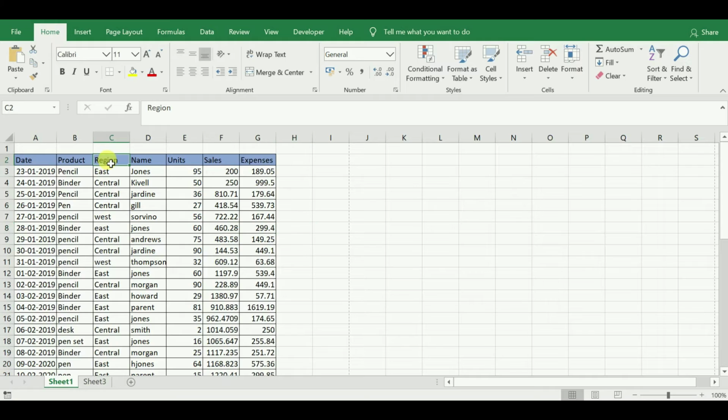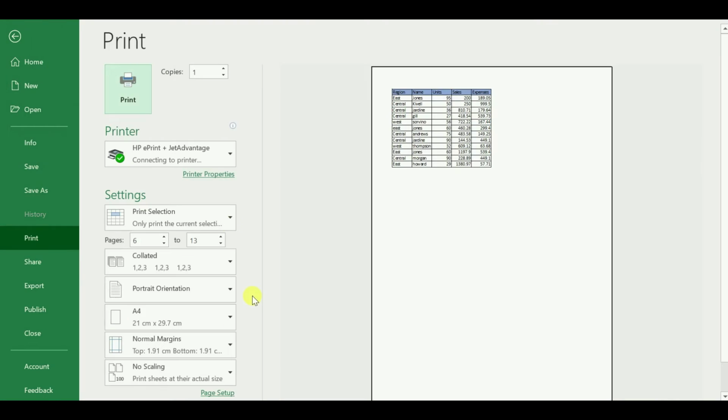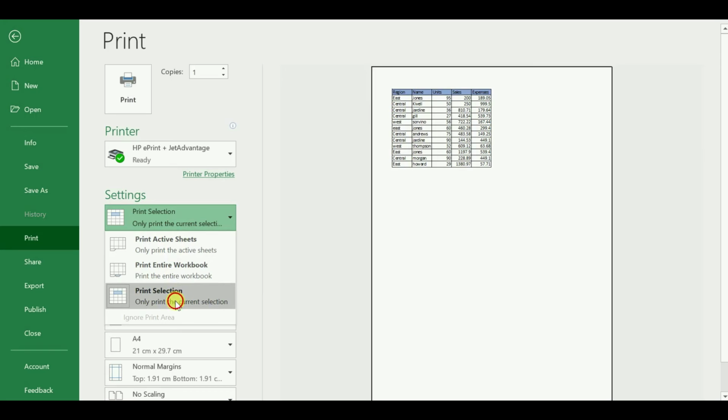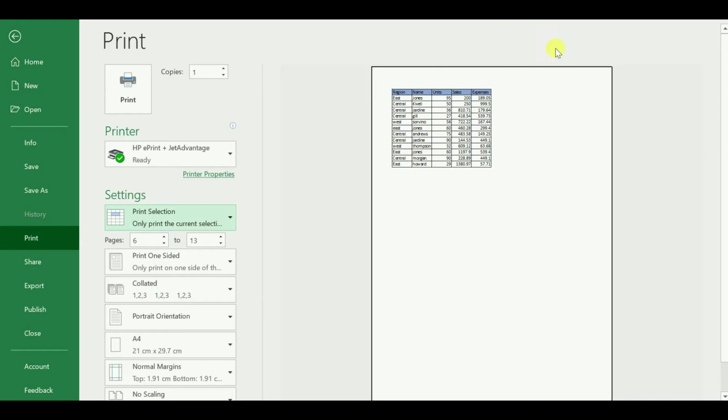In this sheet, I am selecting some area of data, only this data, so that it should print only this much. When I select print selection, only the selected data will be printed on this page. So this is about the print selection.